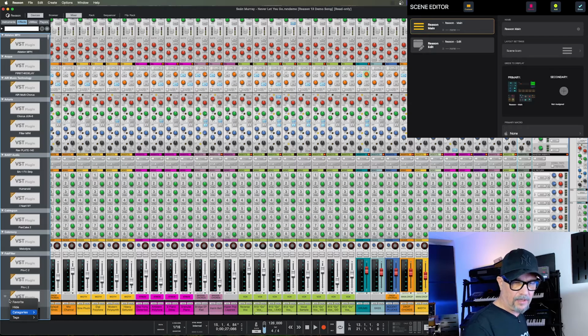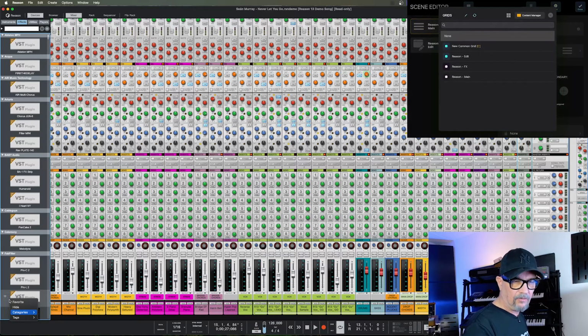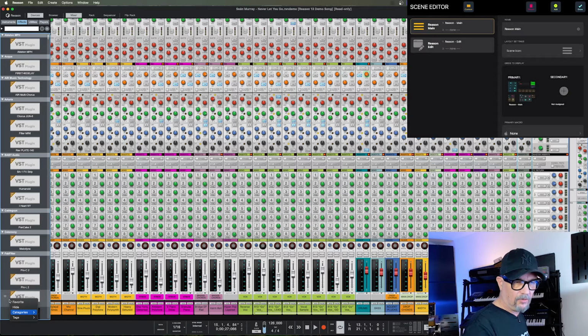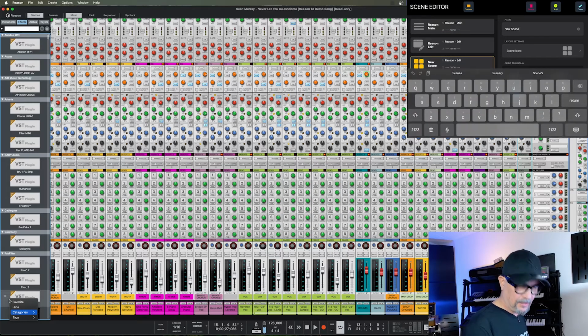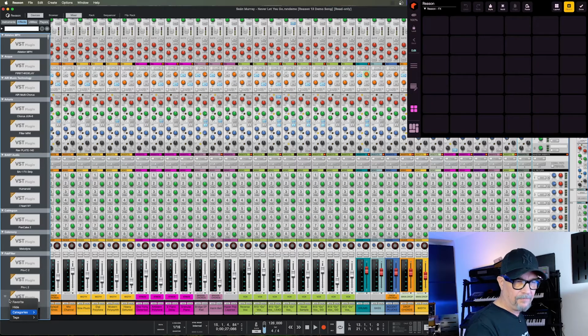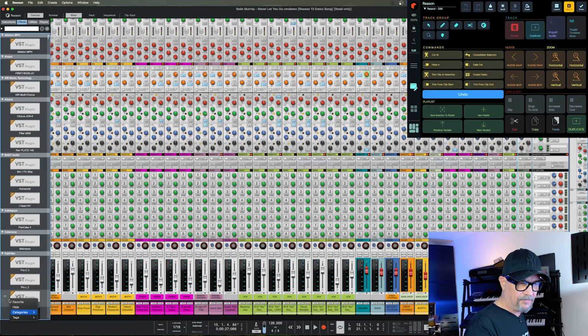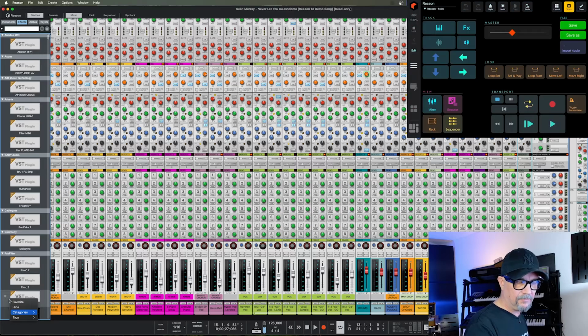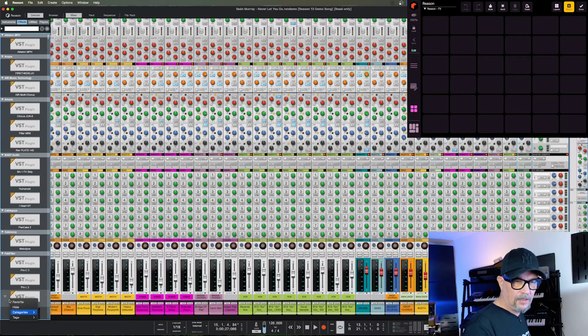But for the Reason main, I can actually add a second page, or I can create a new scene, which I can say is FX, and the primary for this one is Reason FX. So now it changed because it has nothing, and now I'm done. So now this one is the FX, this one is the edit, and this one is the main. So now when we are in the FX, I'll do a bit more complex